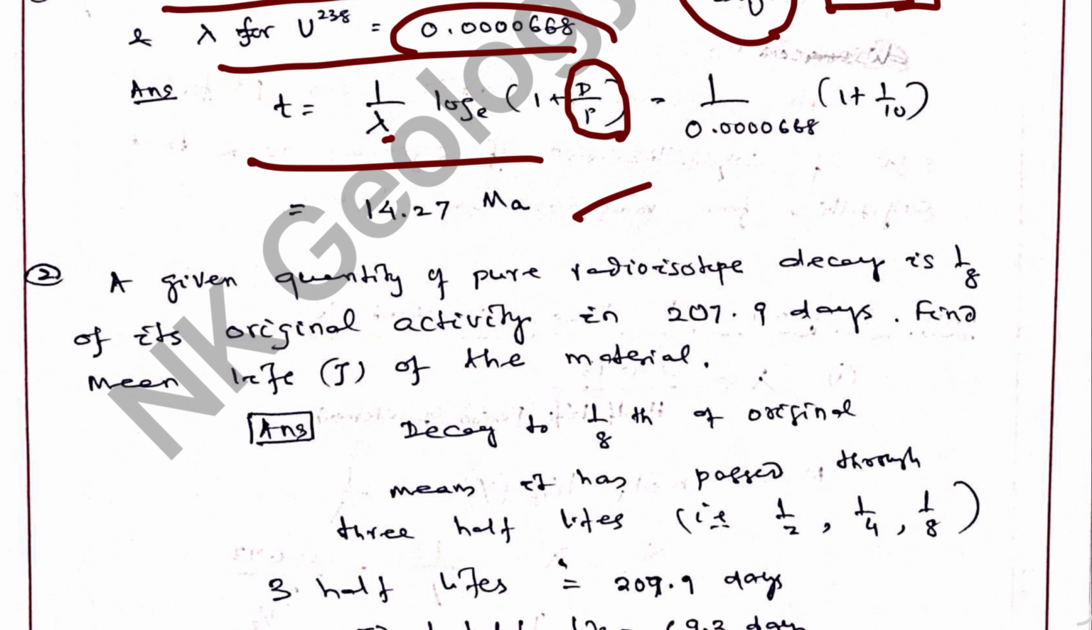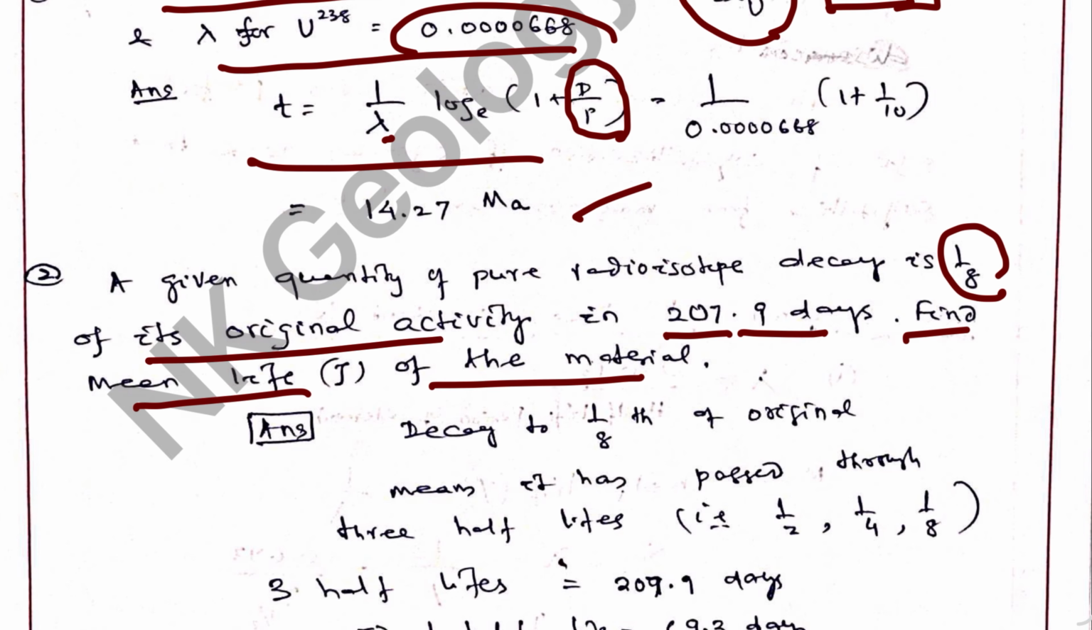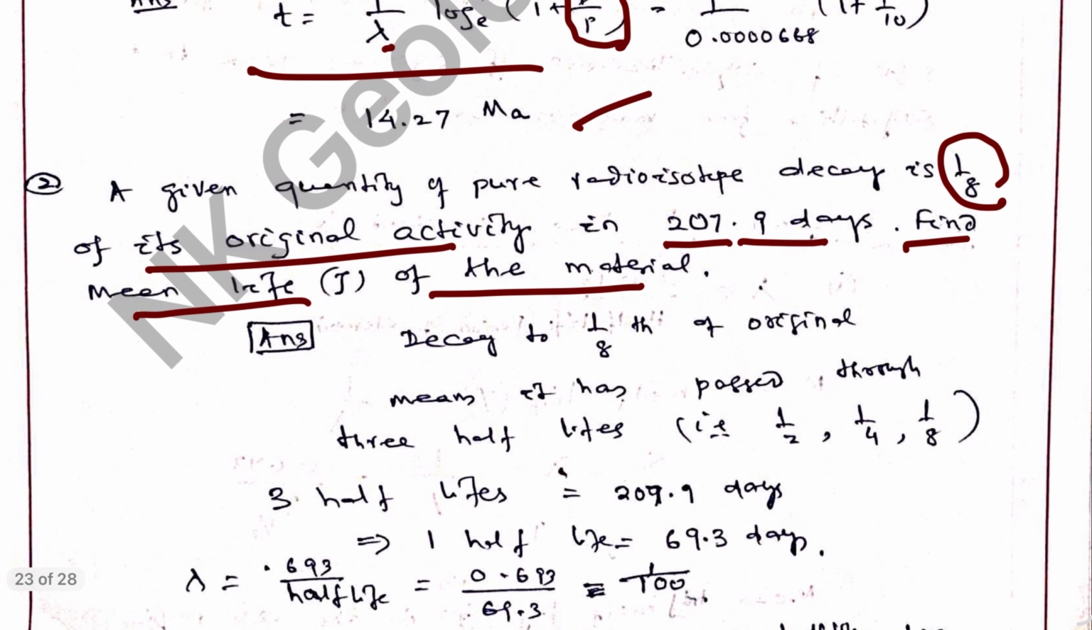A given quantity of pure radioactive decay is 1 by 8 of its original activity in 207.9 days. Find the mean life of the material. So it has been given that the radioactive decay is 1 by 8 of its original activity. That means